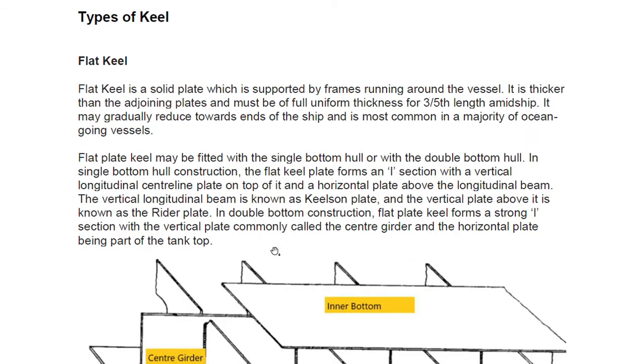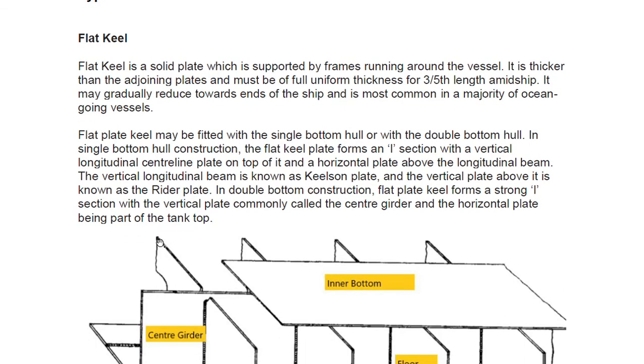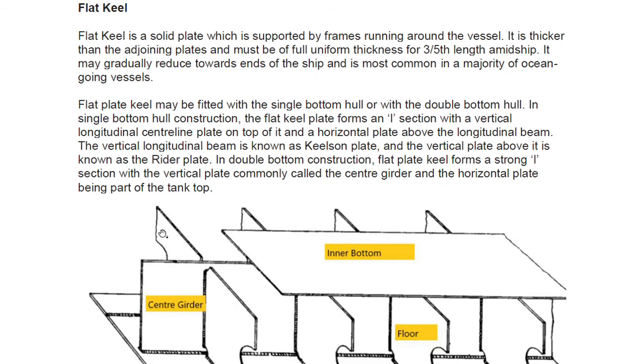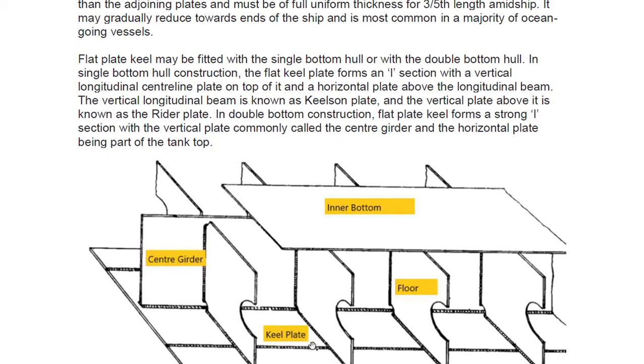Now this is important. What are the types of keel? When we talk about types of keel, there are basically three types. The first one is the flat plate keel. A flat plate keel is a solid plate which is supported by frames. You see here, this is the flat plate keel, and it is supported by the frames